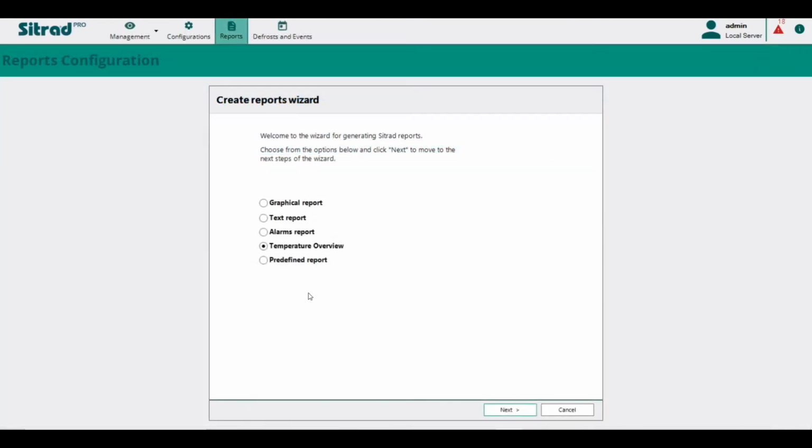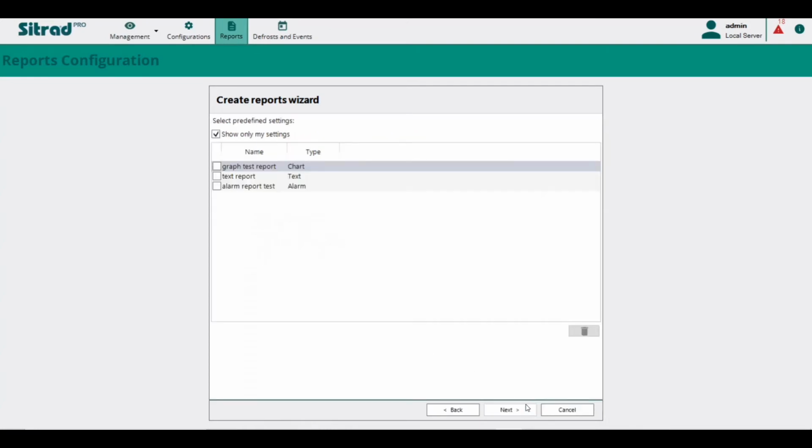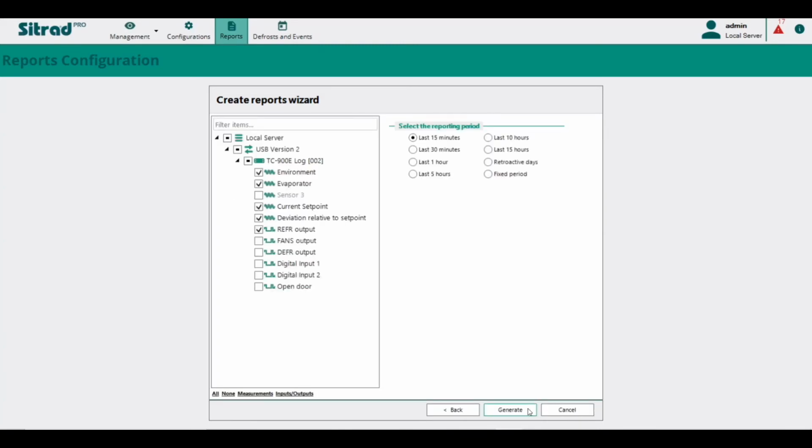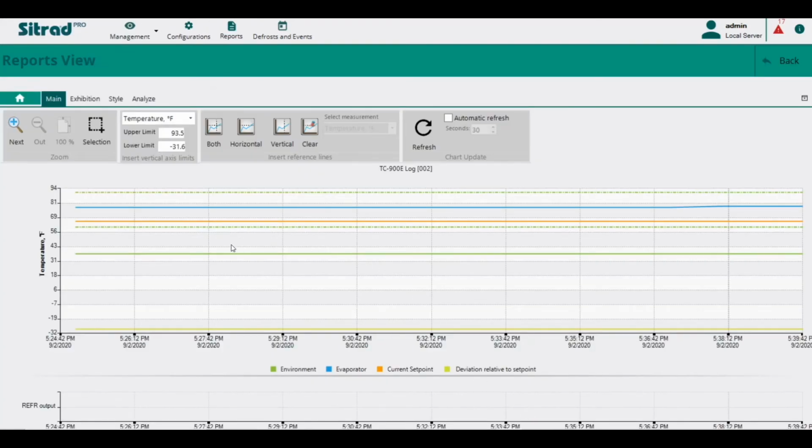Predefined report. As shown before, any of the previous reports can be saved and now regenerated on predefined reports. By selecting the desired report and hitting Next, you will be requesting updated information of the same report format. Just click the Generate button to see the instrument updated info on this report type and format for selected time